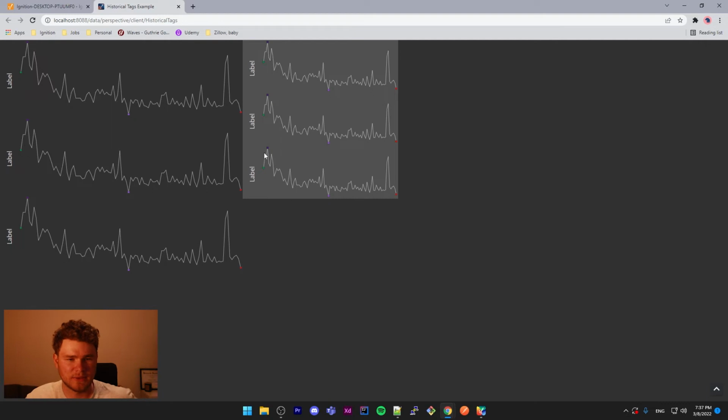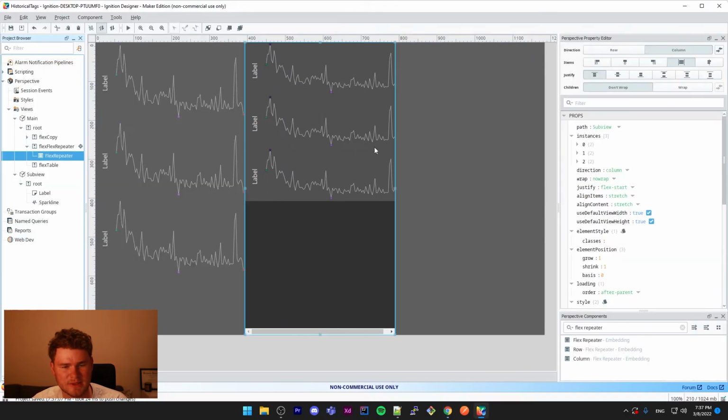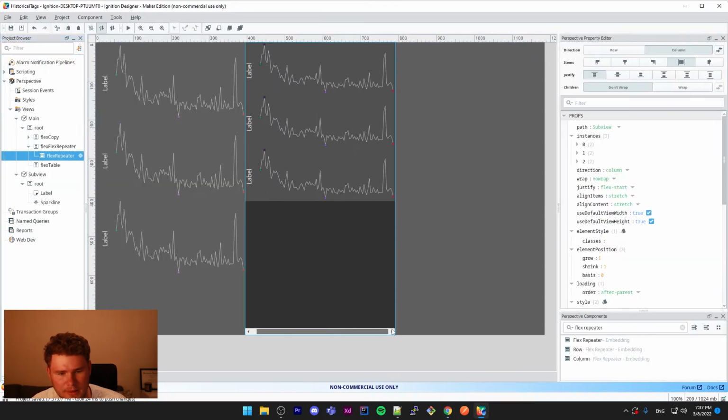And you can see that it fills the entire width of the column, or it uses the subview's default width. You can see here that this is much wider than this sparkline here, even though they're supposed to be all equal width. So to fix that, let's go back to our designer, and I believe there's a property here,